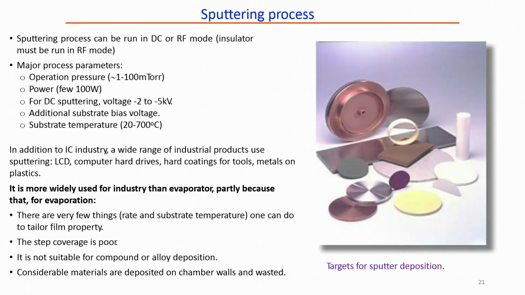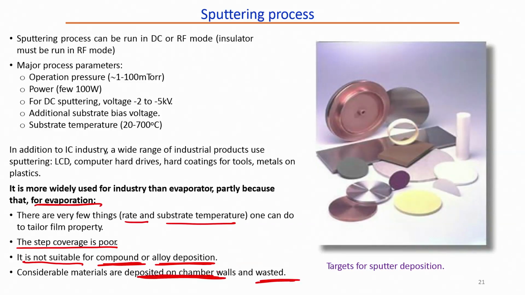So, it is more widely used for industry than evaporator, partly because there are few things one can do to tailor film, that is rate and substrate temperature can be changed. The step coverage is poor in case of evaporation. It is not suitable for compound or alloy deposition, right, and considered materials are deposited on chamber walls and wasted in case of evaporation. That is why sputtering is used over evaporation,